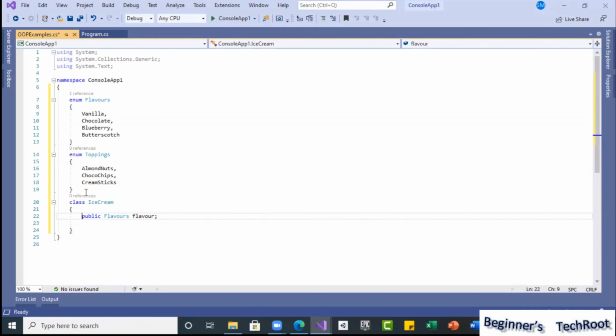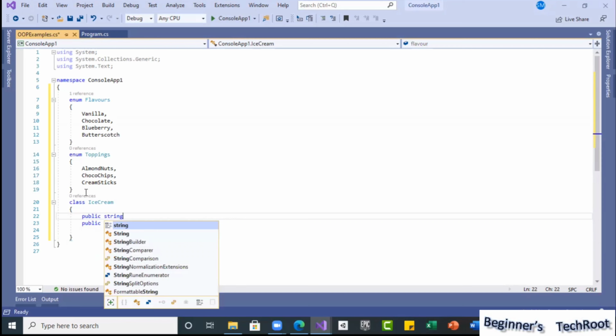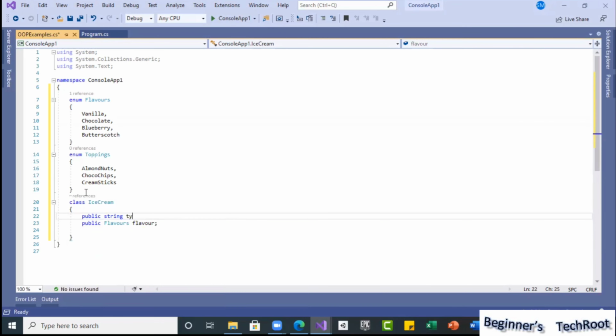So even in the base class itself, I will add this also: public, it's a type of string, and what type of ice cream, so that I can keep it in the base class itself.